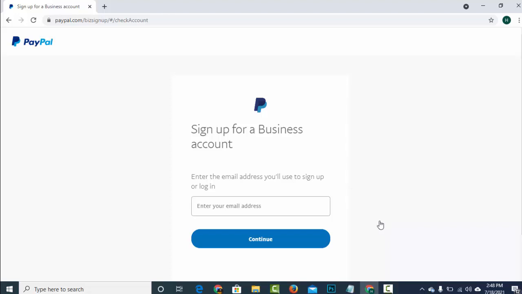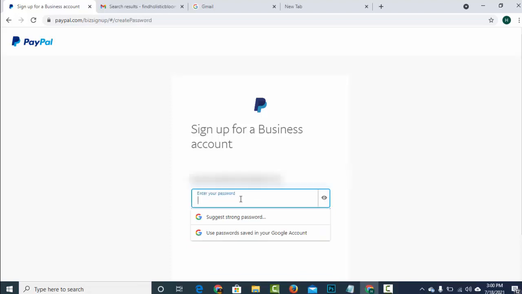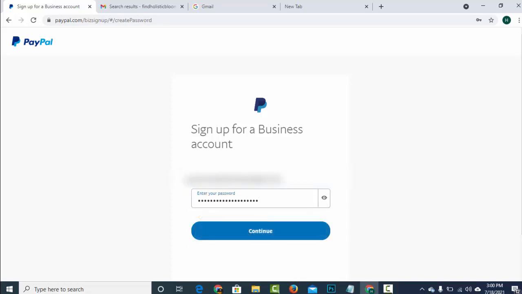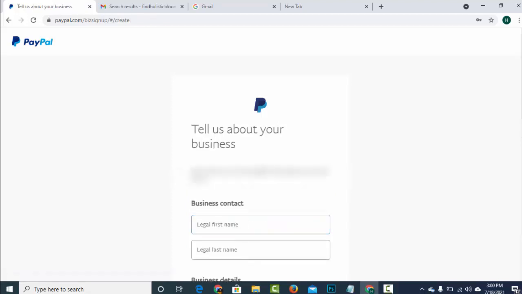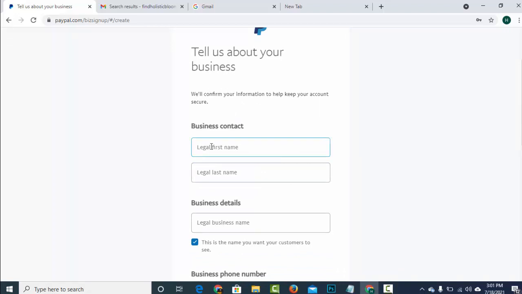So right here, I'm just going to type in the email I'm going to use, and I'm going to enter a password. I have my password already. Click continue. So right here, all you just need to do is enter your name, so basically your first name, your second name,